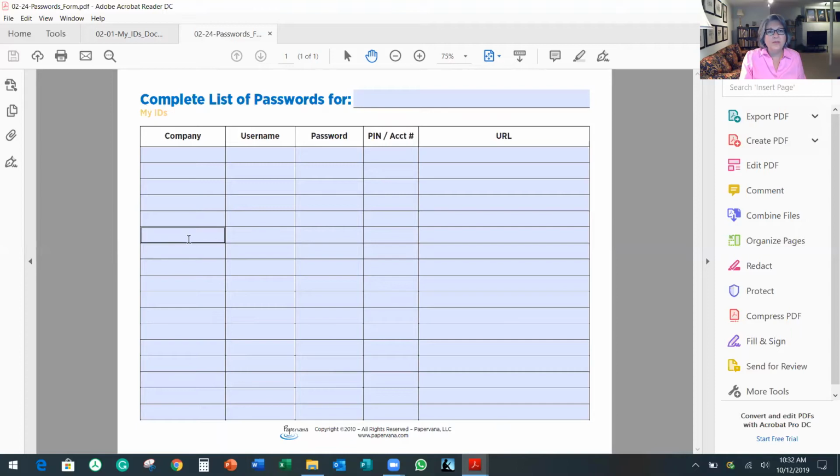So you can use this form or just open up an Excel spreadsheet with the headings and make sure that it's the company, like let's just say it's your medical insurance company, and what your username and password is, if there's any sort of account number or PIN number, what is the electronic address of that company,